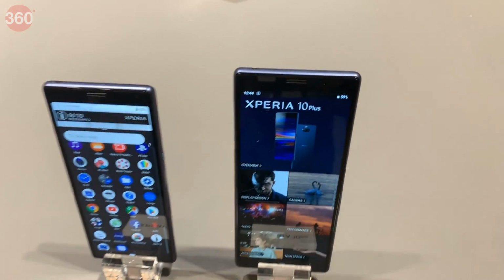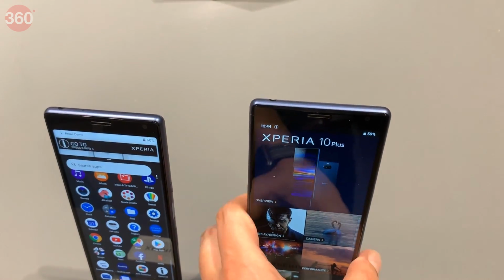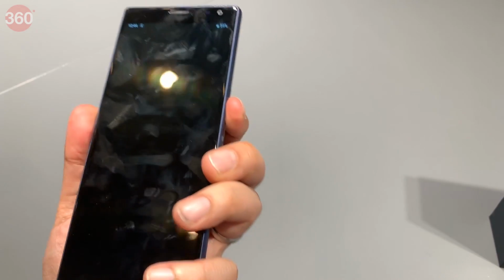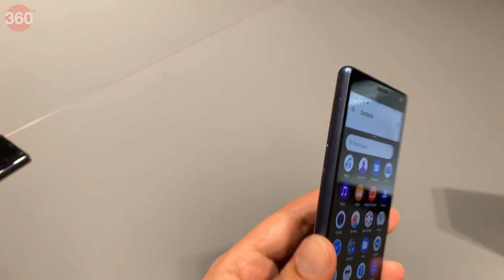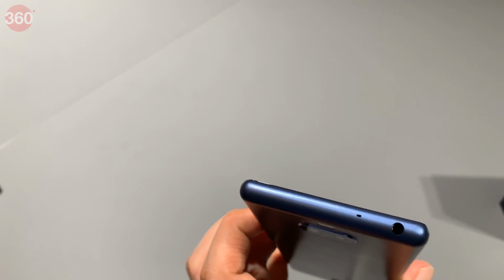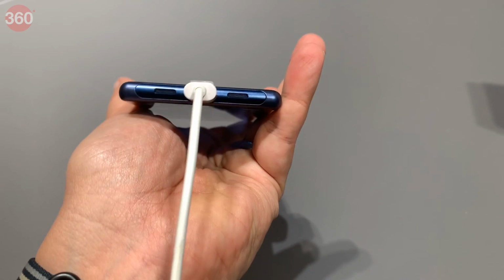The two phones have a large forehead to incorporate all the sensors. There's a dual camera setup at the back aligned horizontally. Fingerprint scanner is situated on the right edge, while the SIM tray is situated on the left edge of the phones. The 3.5mm audio jack sits on the top edge, while the USB Type-C port sits on the bottom edge